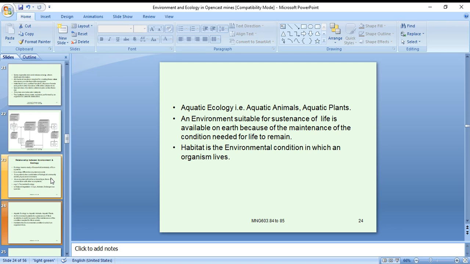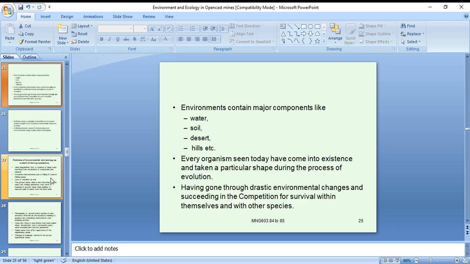Habitat is the environmental condition in which an organism lives. The environment contains major components like water, soil, deserts, hills.